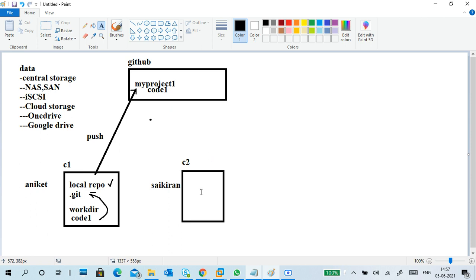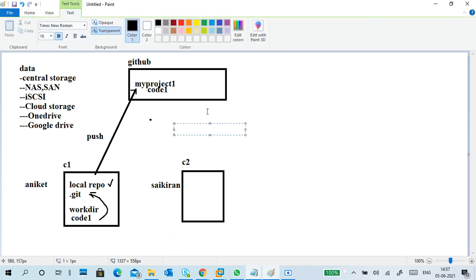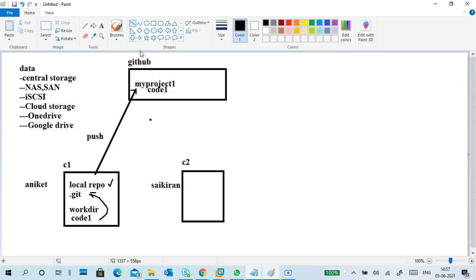What Sai Kiran is doing now is taking this code into his local PC, and he wants to develop it to the next level, or maybe add the next code. For understanding, we are adding a next extra file. So how can he do it?